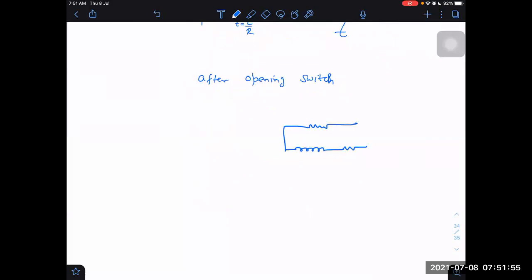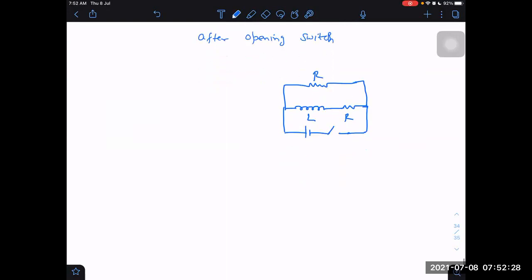In the second part, the battery will not be in our diagram. Will it be in our diagram when the switch is opened already? When the switch is already opened, this part is useless for us. It is just an open switch only. We don't need that. So current will flow only in this part. Even if I replace the battery by a short circuit, I cannot replace the switch by a short circuit. The switch is open, so battery is not even in our system.